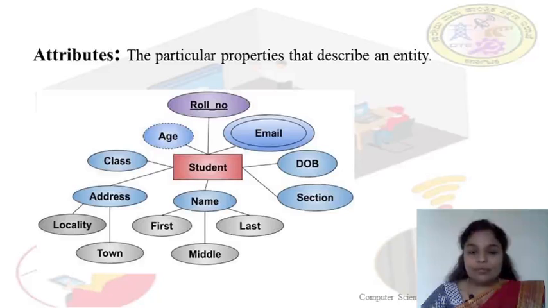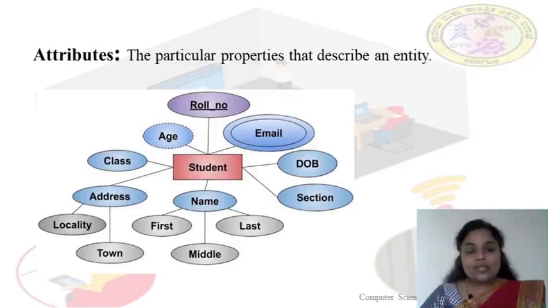These shapes are very much important, meaning to say roll number is represented in single ellipse, whereas for email we have two ellipses, and age is a dotted ellipse. Why all these different notations, we're going to see further, but by this time at least you should be in a position to identify that there are different notations, or different symbols we are using pictorially, in order to differentiate these attributes,